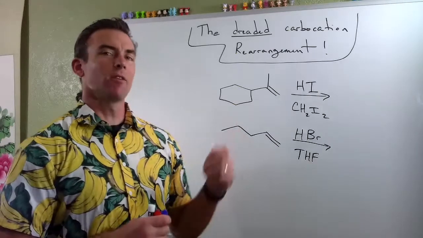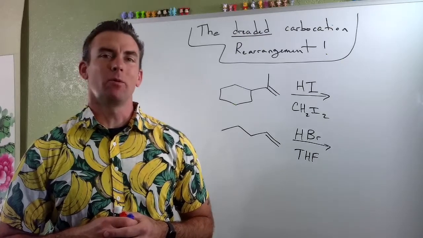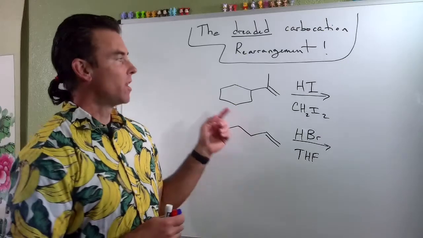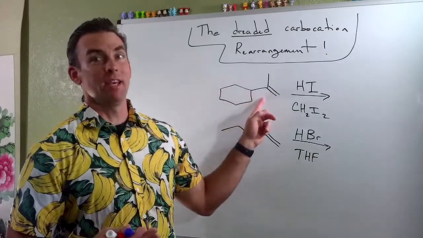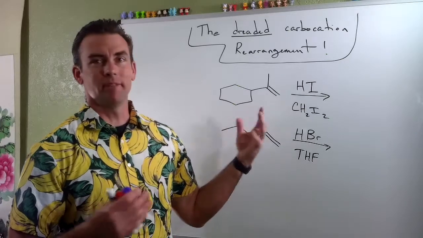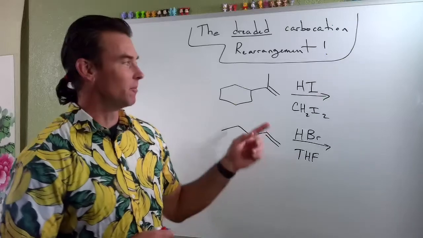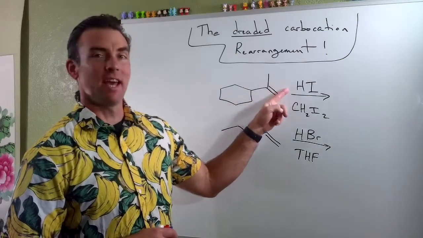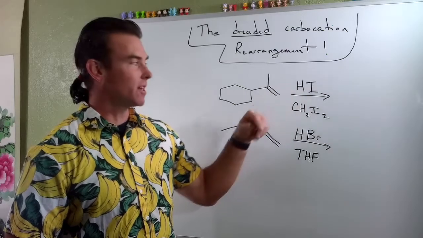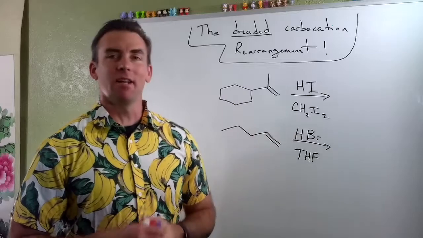All right, so here are a couple of predict the product type questions that we should start to feel comfortable with. I added a little bit extra to these questions. One of the things you'll notice is, of course, we have an alkene. That's the only thing we know how to do anything with at this point. So that's pretty much the only type of starting material that I'm allowed to ask you about. You'll notice the HI, right? This is that HX addition reaction that we talked about. And one of the things that I included here that I didn't include in the last video